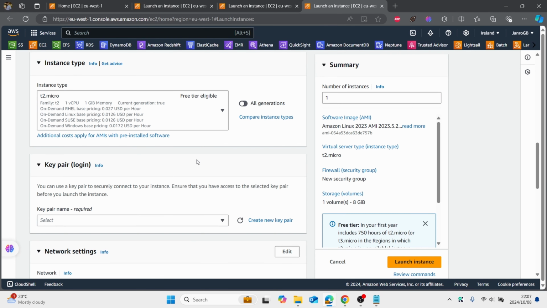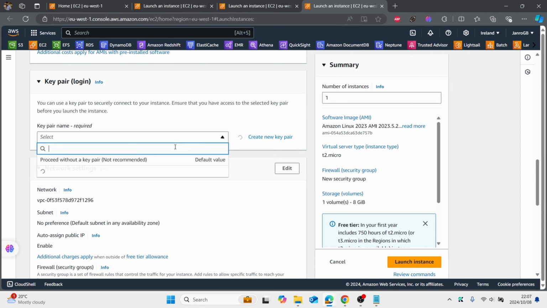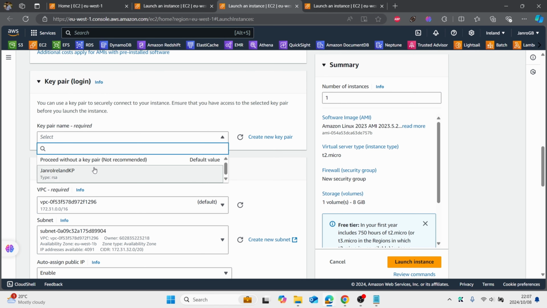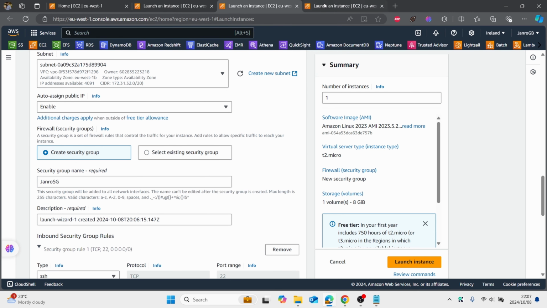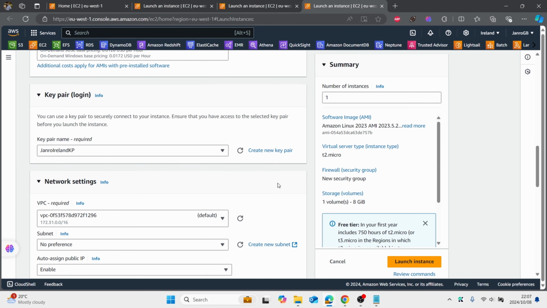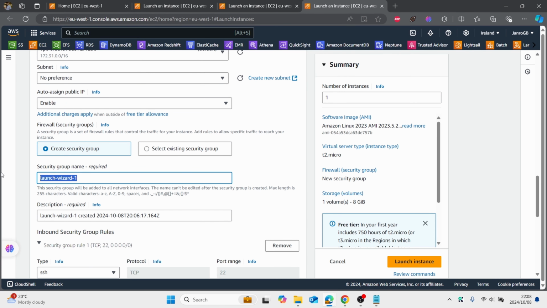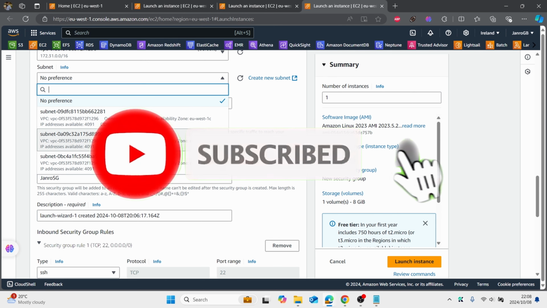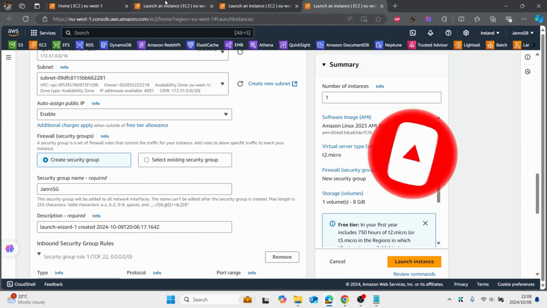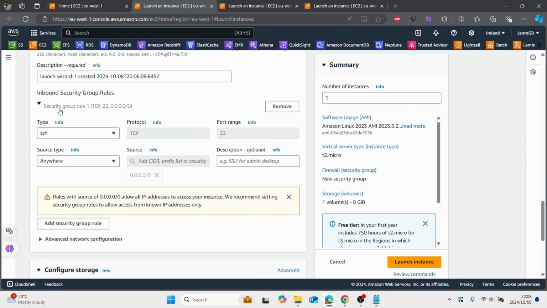And then select the key pair again. Did I select the key pair here? No, I didn't. Key pair here. And then here on web server 3, just create the security group again and then select EU West 1C as the availability zone. Then going back to the first subnet, we want to